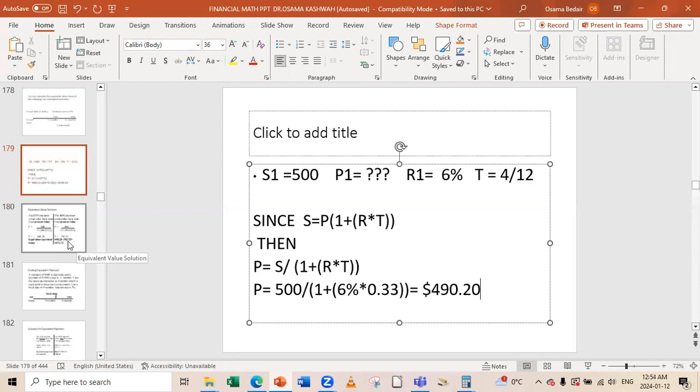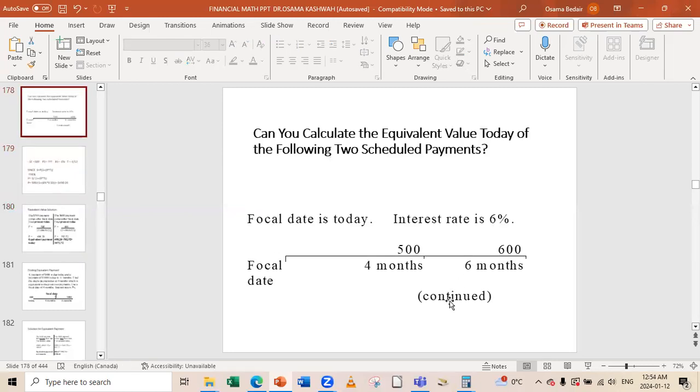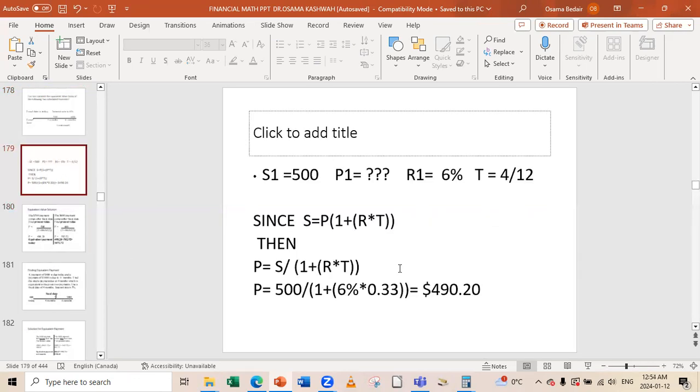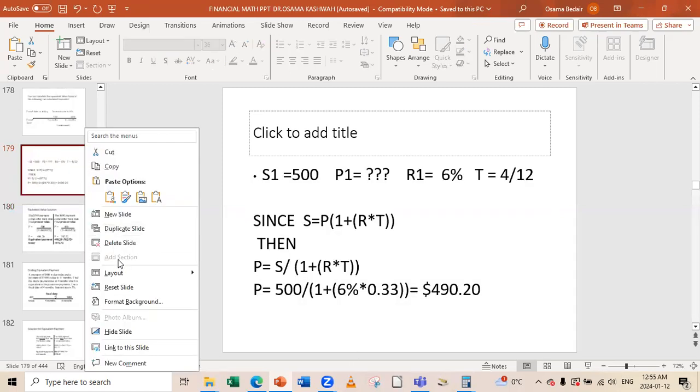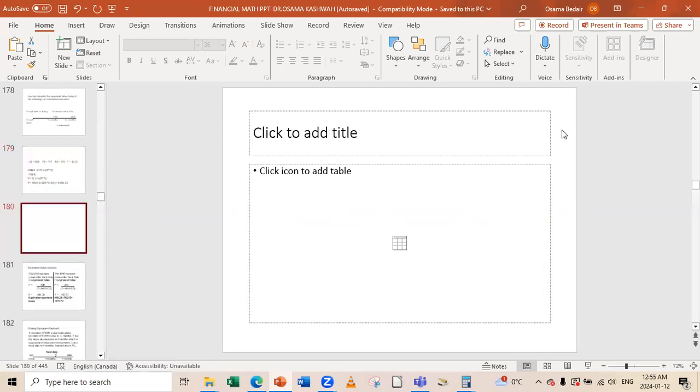Same thing we will do for the second sum of the amount, the second amount. Second amount is $600 and the time is 6 months. The interest rate is the same. We need to get the present value. Same as what we did in the first example, but only we will change the amounts. I will take this, copy and paste, Control and C, and I will add one more slide, new slide,